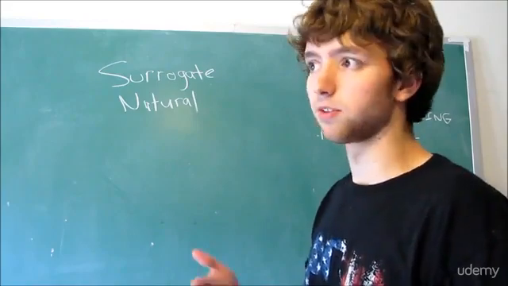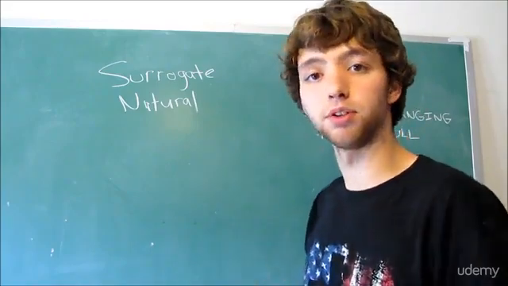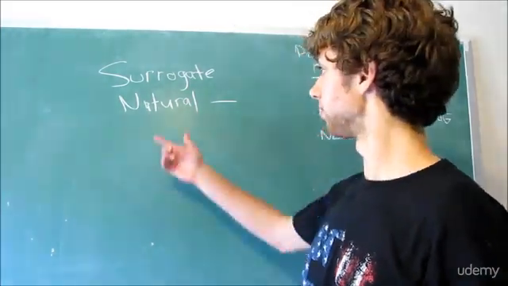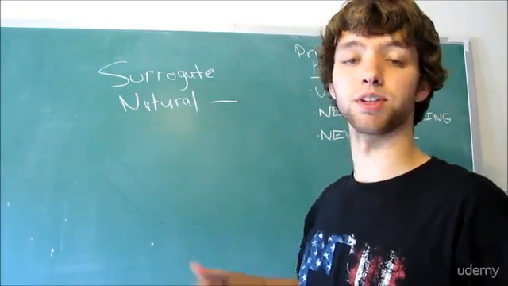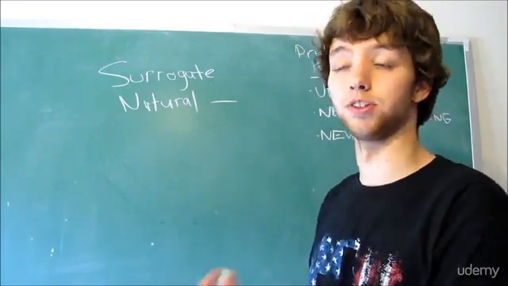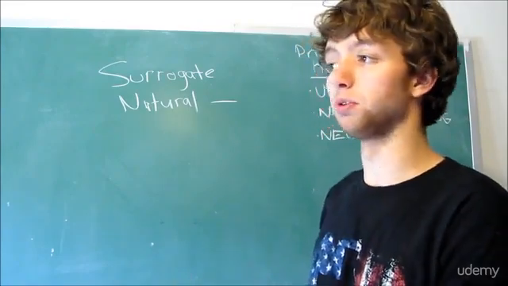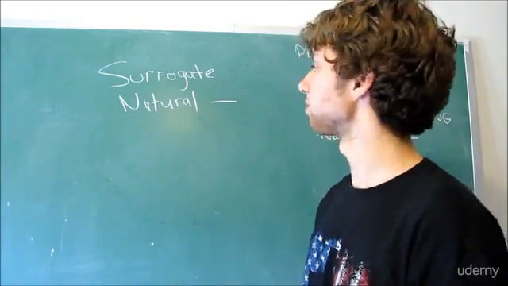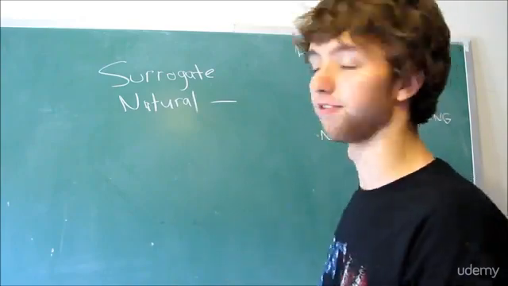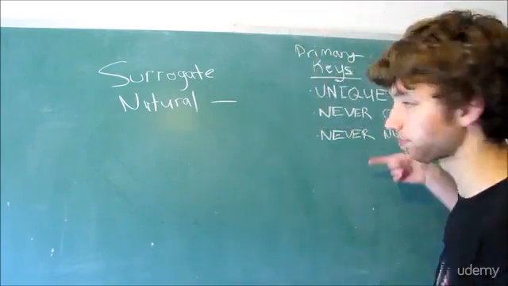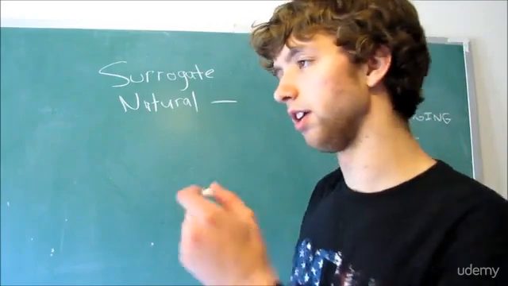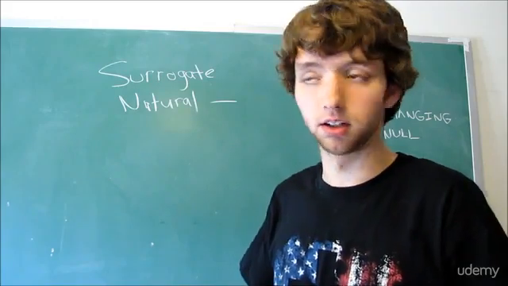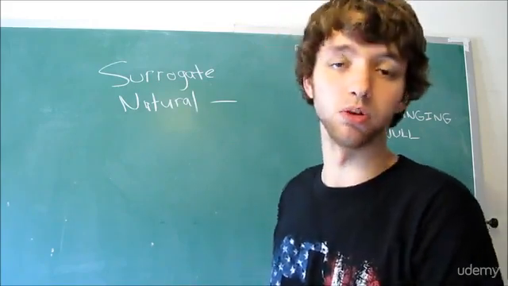Okay, so up to all these key videos I've been doing, I've been using natural keys. Let's define a natural key first. It's a very natural definition. It's something that's naturally in the table, something you naturally want to store. When you have a users table, you naturally want to store the username and the email. Those can be used as natural keys because they fit all the requirements for a primary key. And it's already in there. You don't have to make up something. You don't have to think of a column to add just for the sake of having a key. We want to be able to have a key for every single table, but